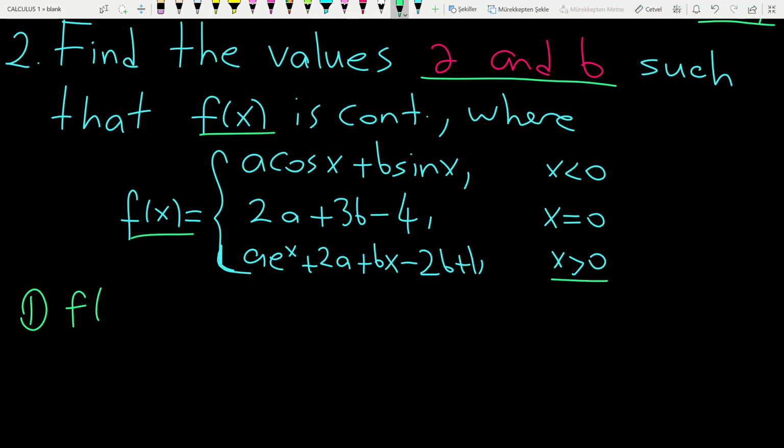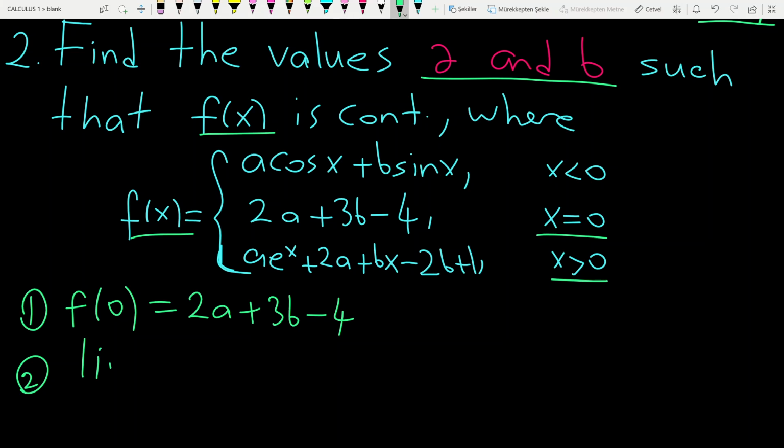The first condition, f of 0, from the question, f of 0 is equal to, since a and b are unknown and we don't have x when x is 0, it's not possible to have x, 2a plus 3b minus 4. It is f of 0. The second condition, the limit condition,